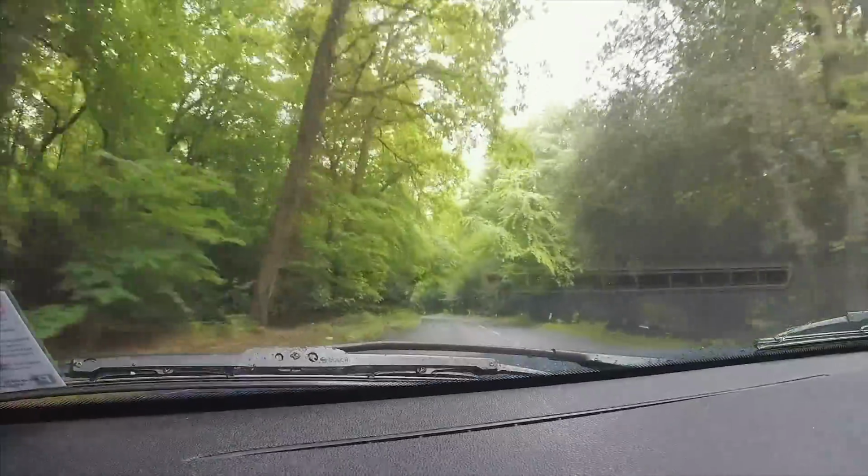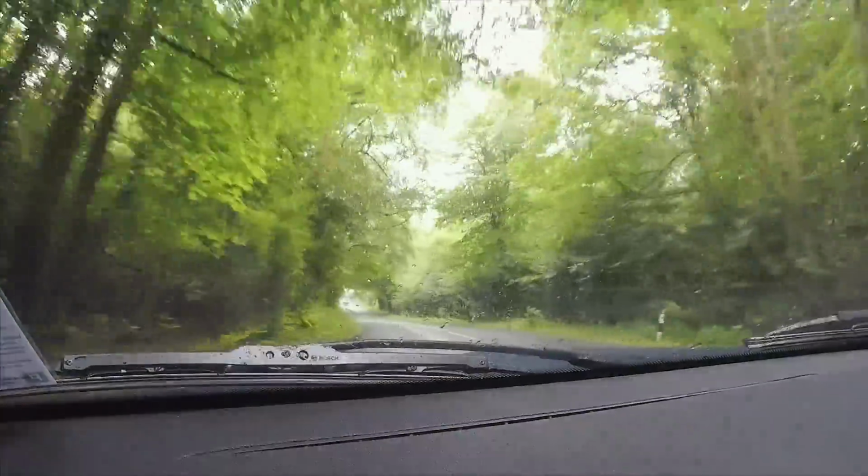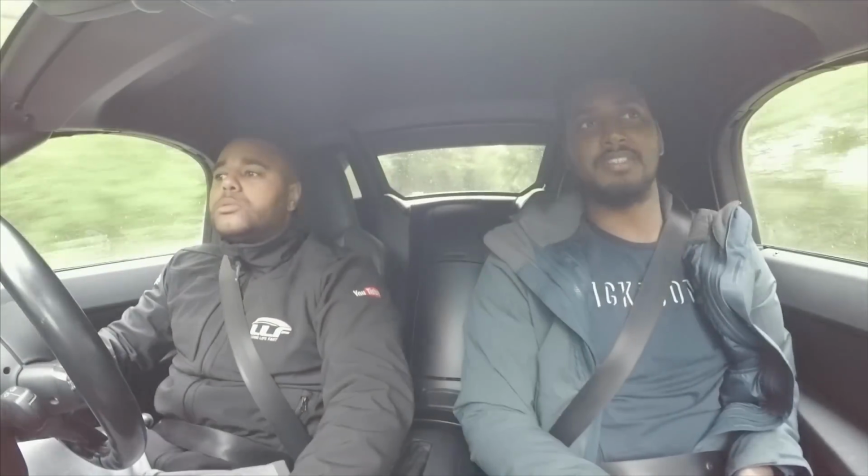And I keep saying it with these cars. This power is enough. I think with traction control on as well, it feels a lot more manageable than the M3. Especially even with it on. It's wetter than before, and I'm noticing that it's not been intruding one bit. The E46 was flashing quite a lot. Yeah, I noticed that as well. Even with it on, even on dry days, sometimes if you're pushing it a bit too much,